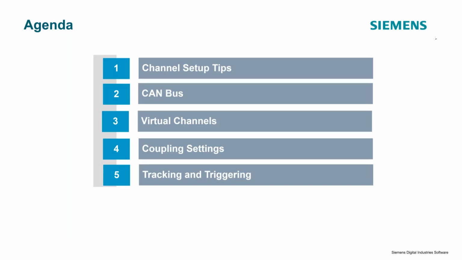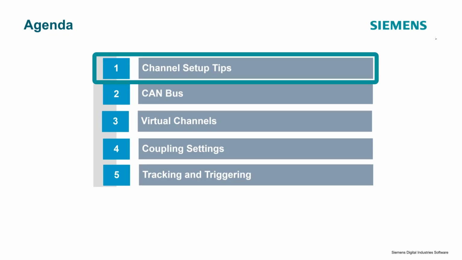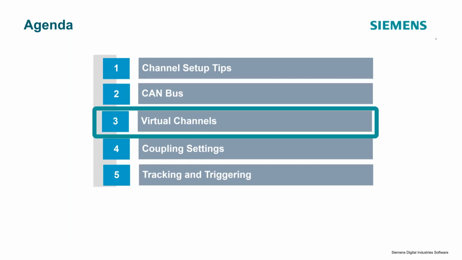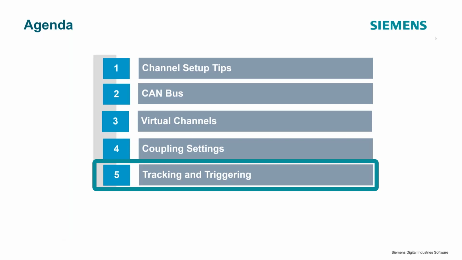Okay. So the agenda for today is really just 5 items. I'm going to talk about channel setup tips, specifically with Signature Acquisition. Talk about the CAN bus, how to set that up so we can measure some digital channels along with our data from our analog transducers. We're going to talk about virtual channel coupling settings. What is that? What's the best one to use? And we're also going to talk about different methods of doing our test. We talk about tracking methods. And we actually have some information about setting triggers to help us with our data processing.